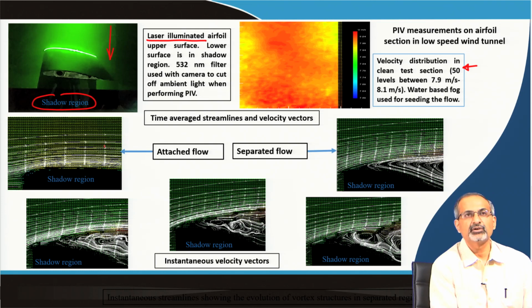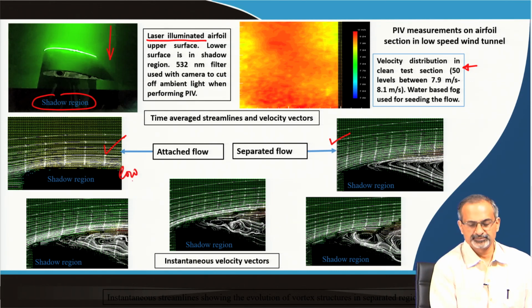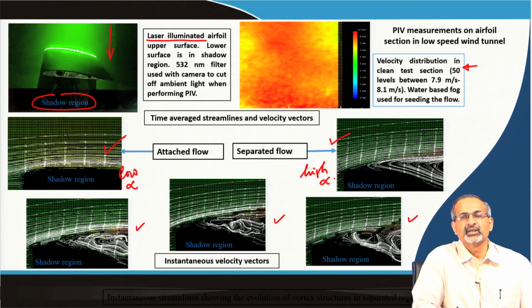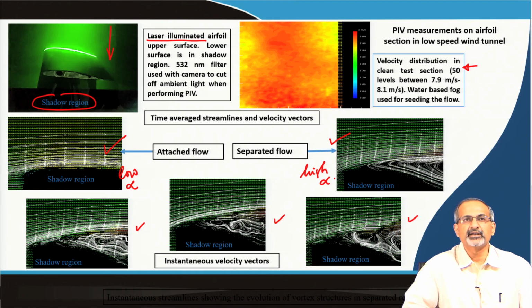So, on the left what you see is the attached flow, on the right you get a separated flow. Obviously, this is at a low alpha, whereas this is at a moderately high alpha. And then when you are looking at instantaneous velocity vectors, they would look like this, what you have at the bottom. So, at different instants of time, the flow field would change, because the moment the flow separates, the separated region is a highly